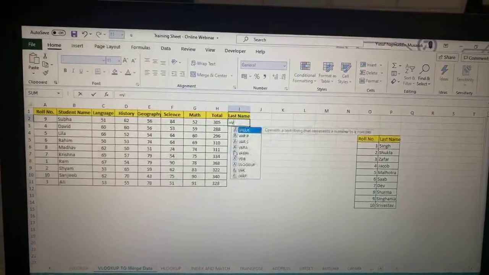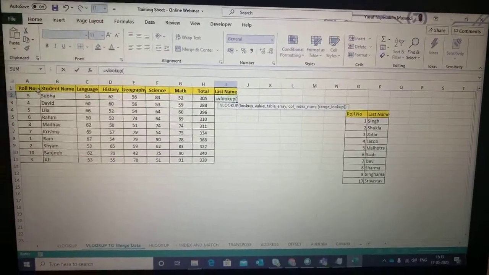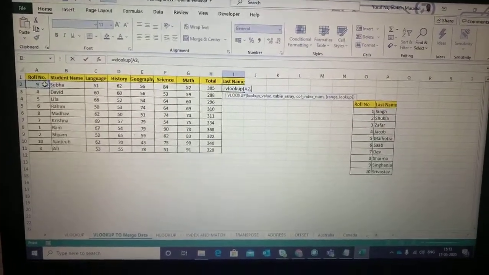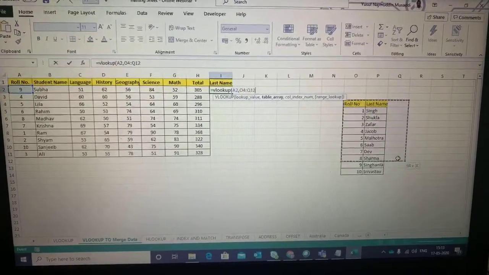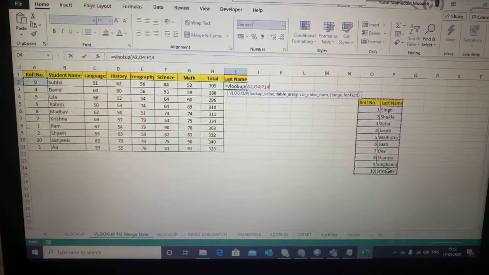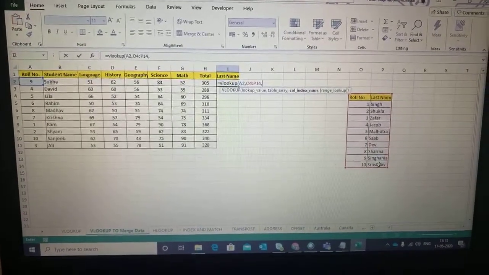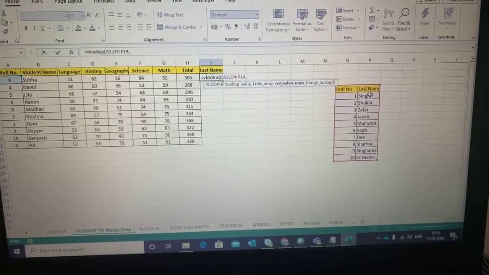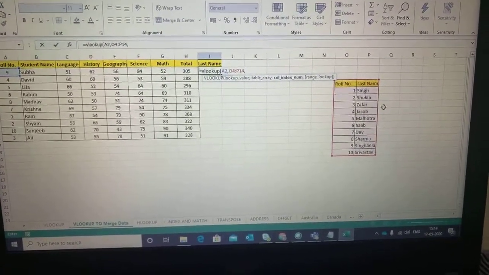So once again, I'll use VLOOKUP. First is the lookup value. So I'm going to search for this roll number, that will be my lookup value. Where do I want to search it? I want to search it in this table. I'll have to give absolute cell referencing again over here, which we will do. Third, if I find the value, where do I have to pick up the actual result from?